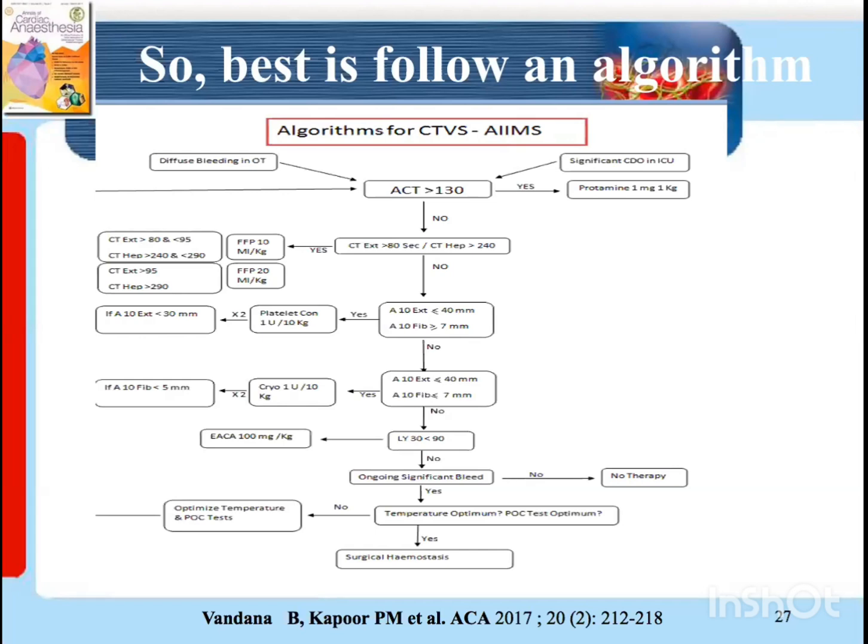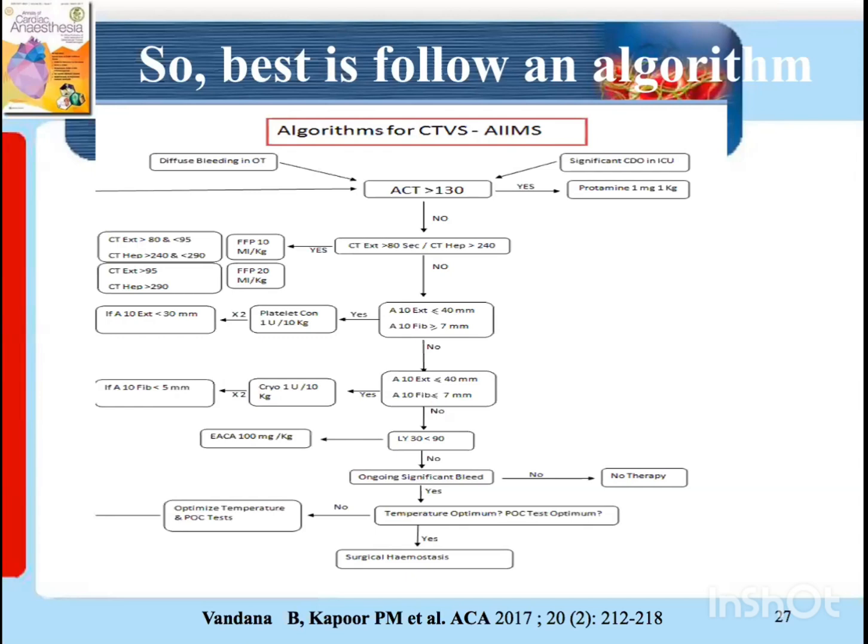Now, each of these channels tests a different pathway: the extrinsic pathway, the EXTEM; the intrinsic pathway, the INTEM; the heparin pathway, the HEPTEM; and the fibrinogen pathway, the FIBTEM. When you have these pathways, then you see the levels. We will do these levels. So you have the levels called clotting time EXTEM. There are values of this at the bottom of the signature curve that comes when you put the blood in